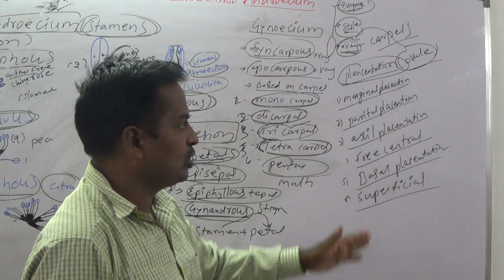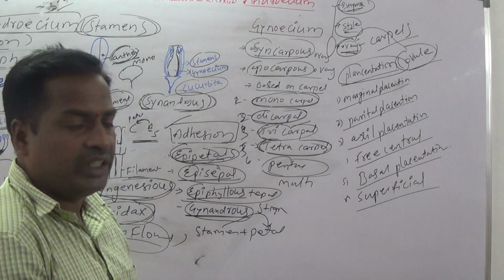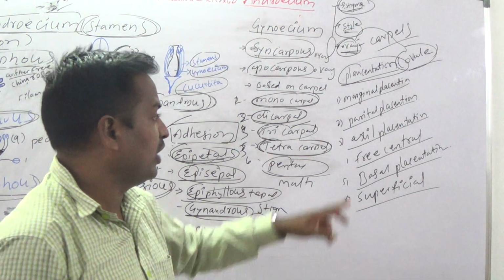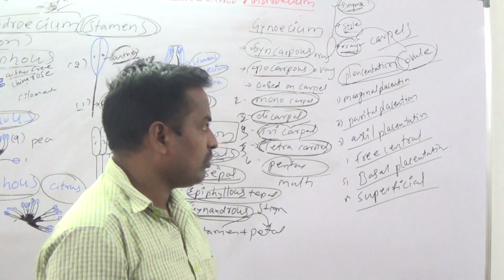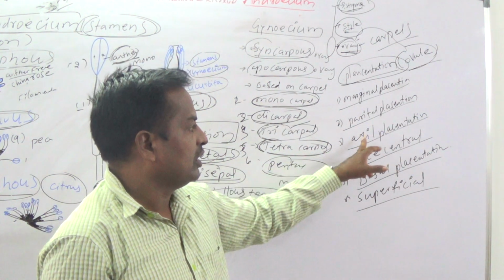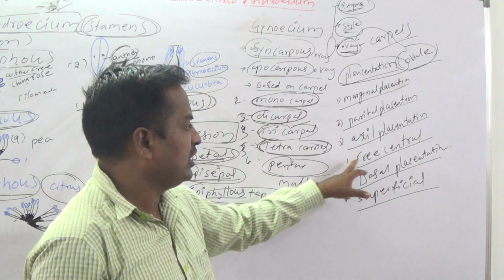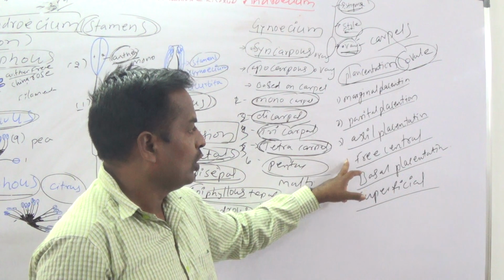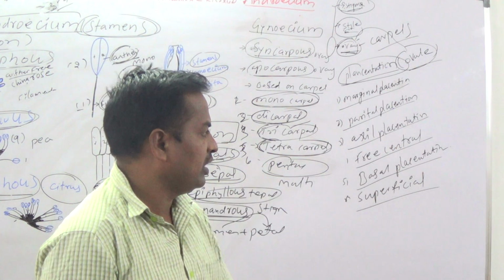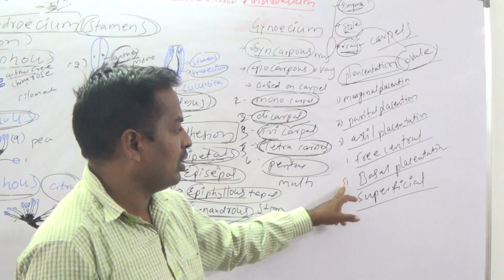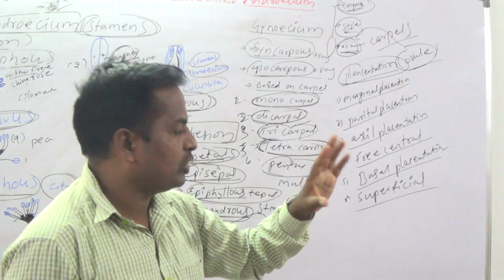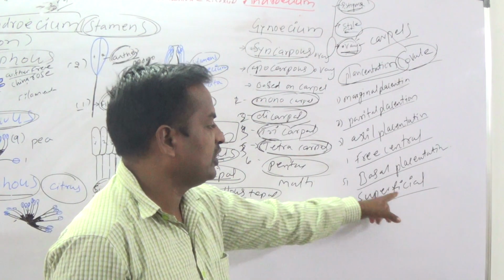In marginal placentation, the ovules are borne on the ridge of the ovary, example pea. In parietal, the ovules are borne on the inner walls of the ovary, example Brassica. In axial, ovules are borne on the axis of the ovary, example Datura and China rose. Then free central placentation: the placenta position is axial but carpels are absent, a monocarpal ovary, example Dianthus. Ovules borne on the base of the ovary is called basal placentation, and ovules borne on the surface of the locule is called superficial placentation.